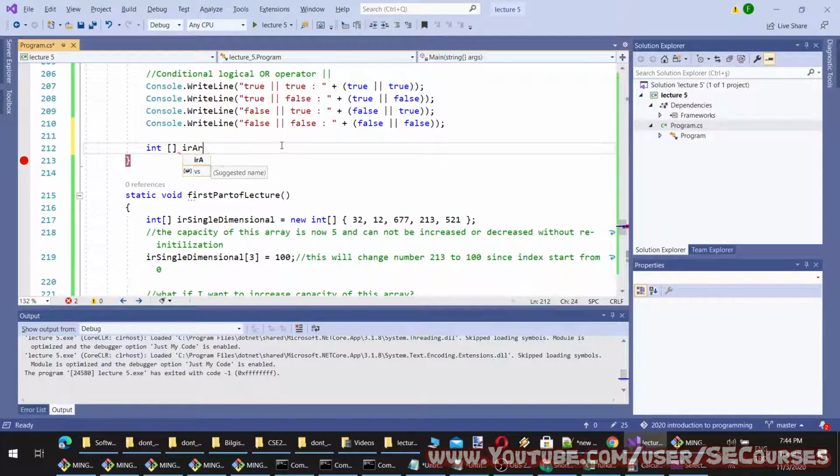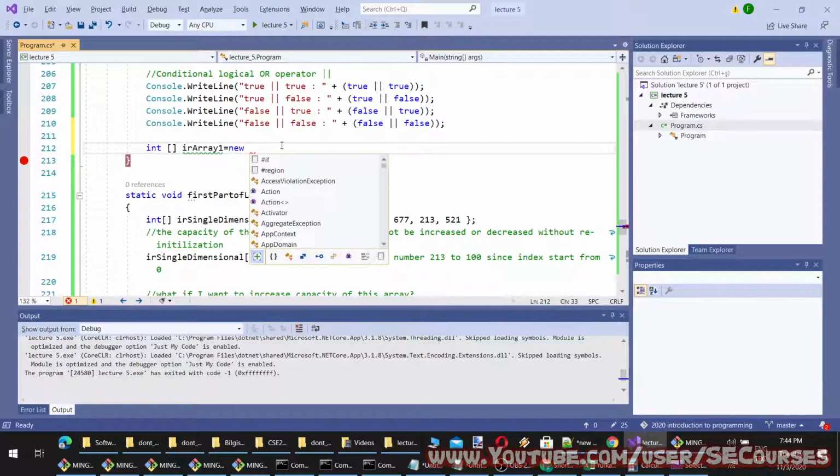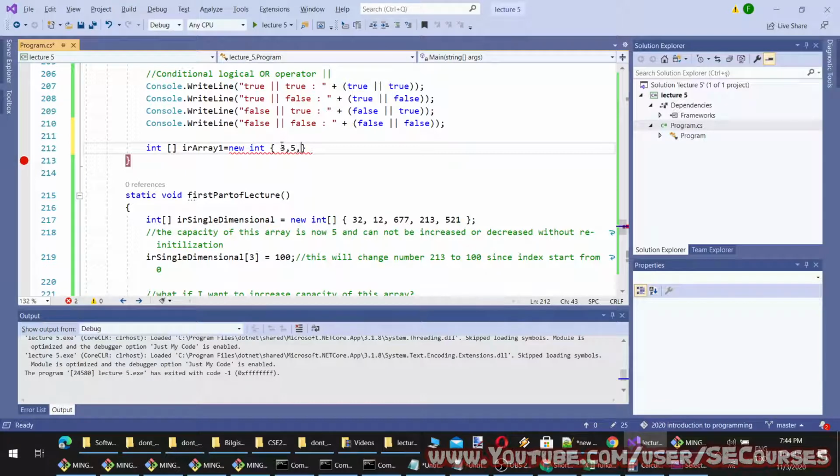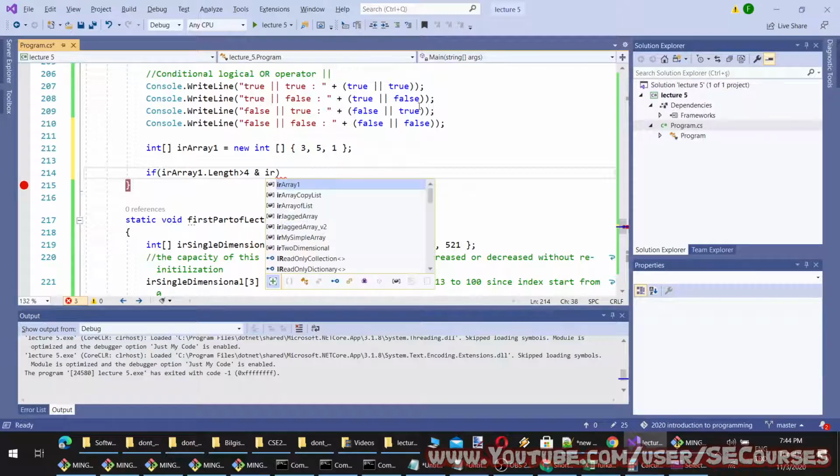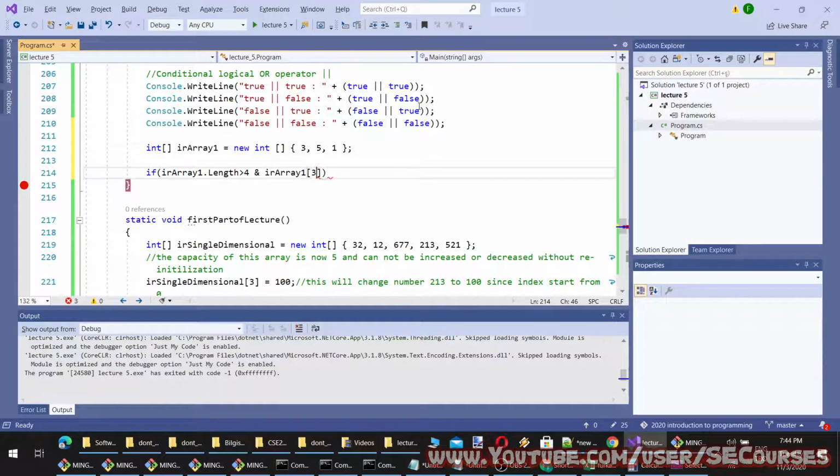Int equal to, let's say, so if I write it like this: if length bigger than 4 and, let's say, 3 equal to 4.